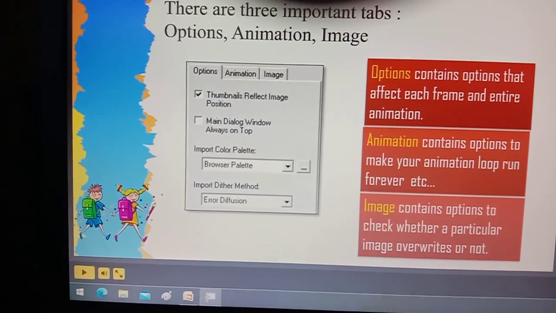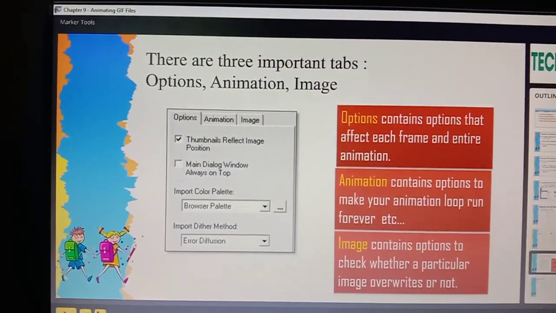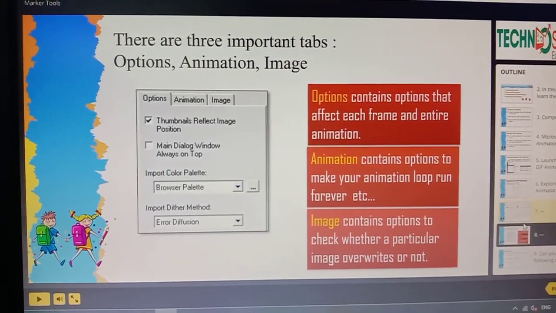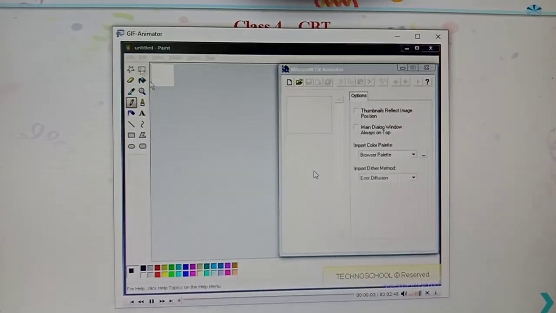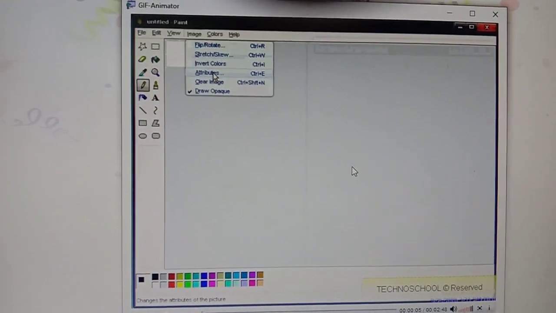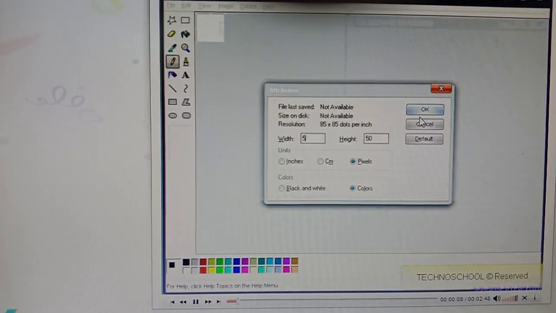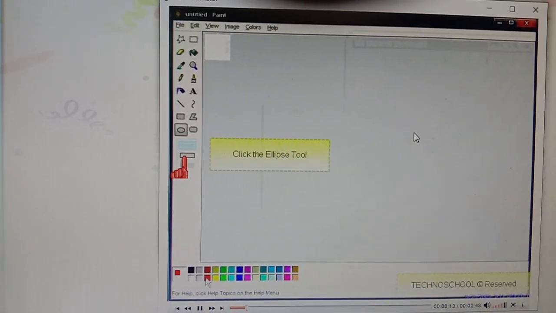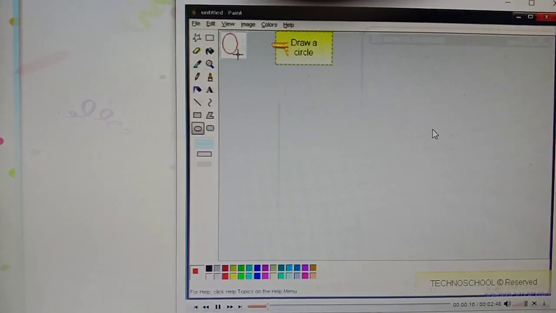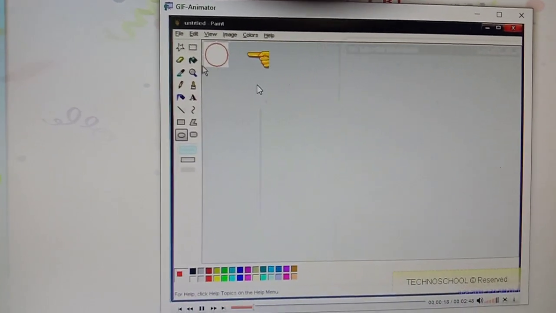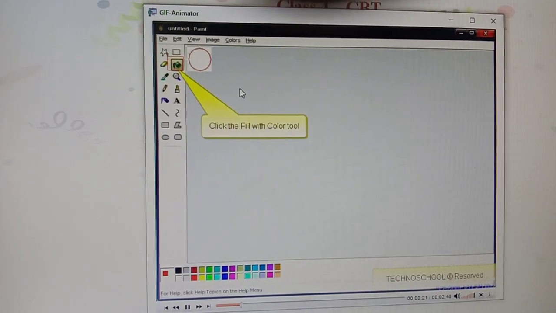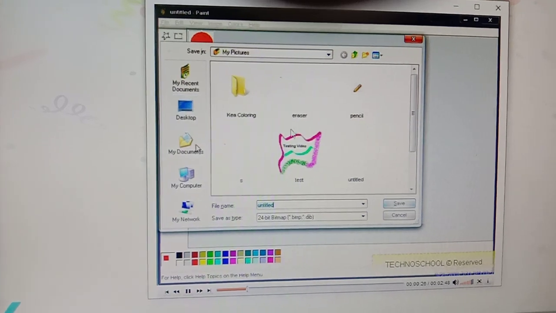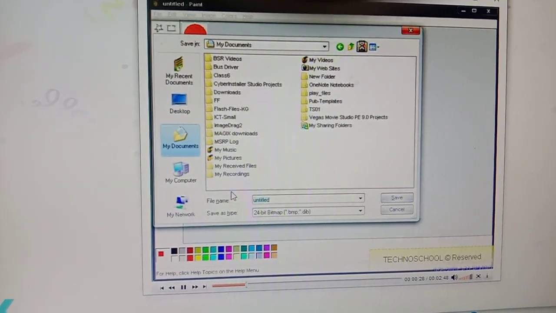And next, I'm going to show you the short clip of how to create an animation in GIF. Animation using a GIF. See here, children, you should open your GIF Animator window. You can insert your photo by increasing the width and height value. First, before that, you open Paint and start drawing any shape. Okay. And save that picture. While saving that picture, keep it in your mind, children.